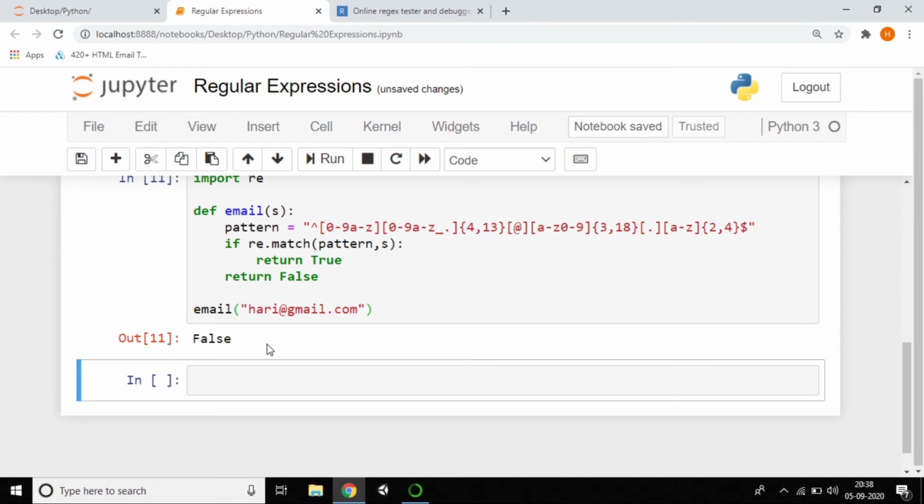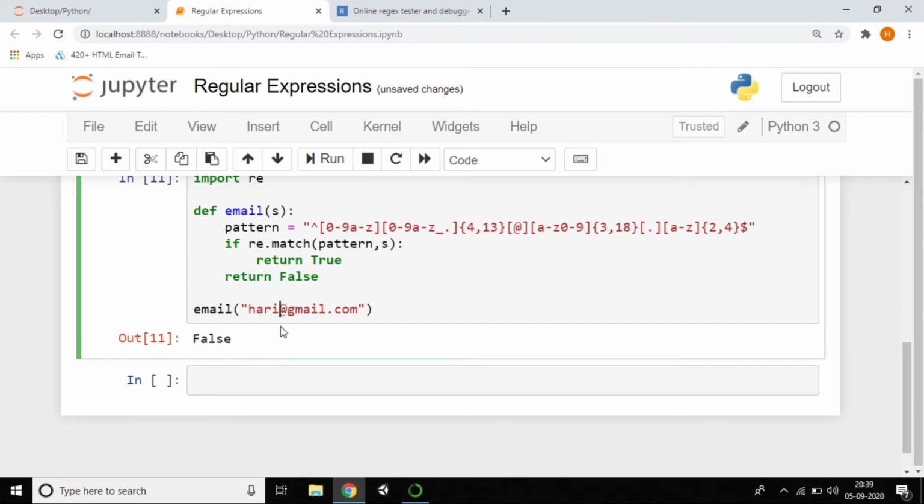Yes. Of course, why was it getting false? I want to know that. We gave it very correctly: 0 to 9, A to Z, and underscore. It will start exactly from 4 to 13 characters, 1, 2, 3, 4. So why was it not taking it?